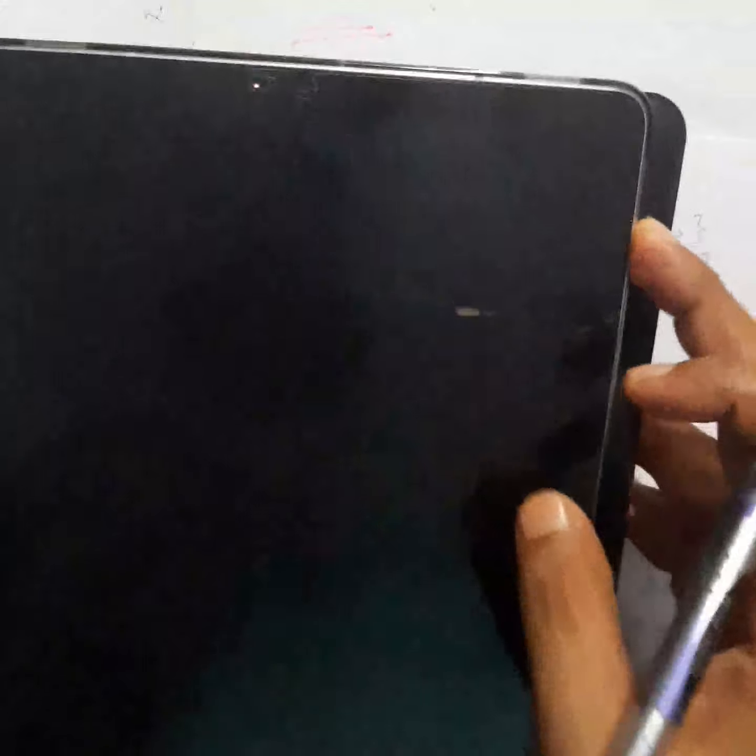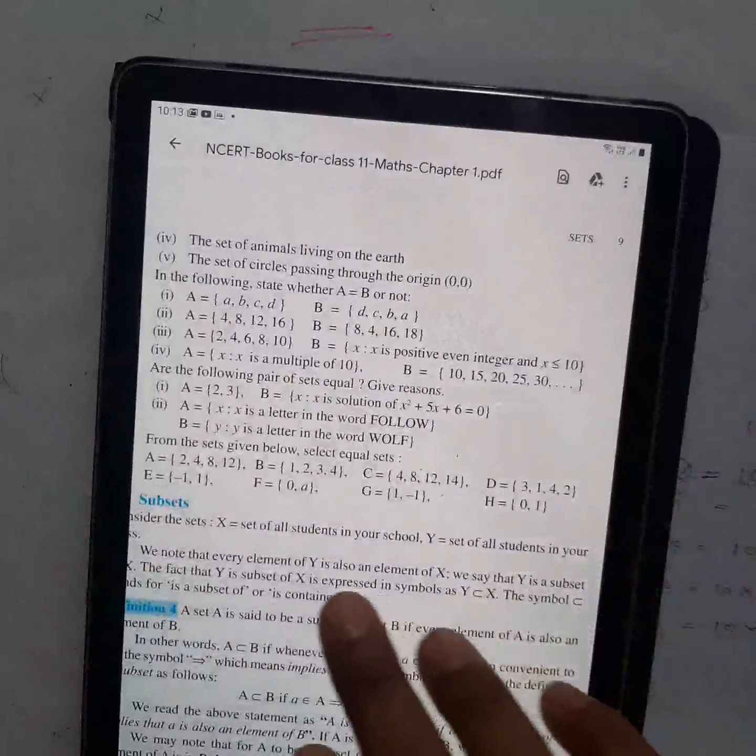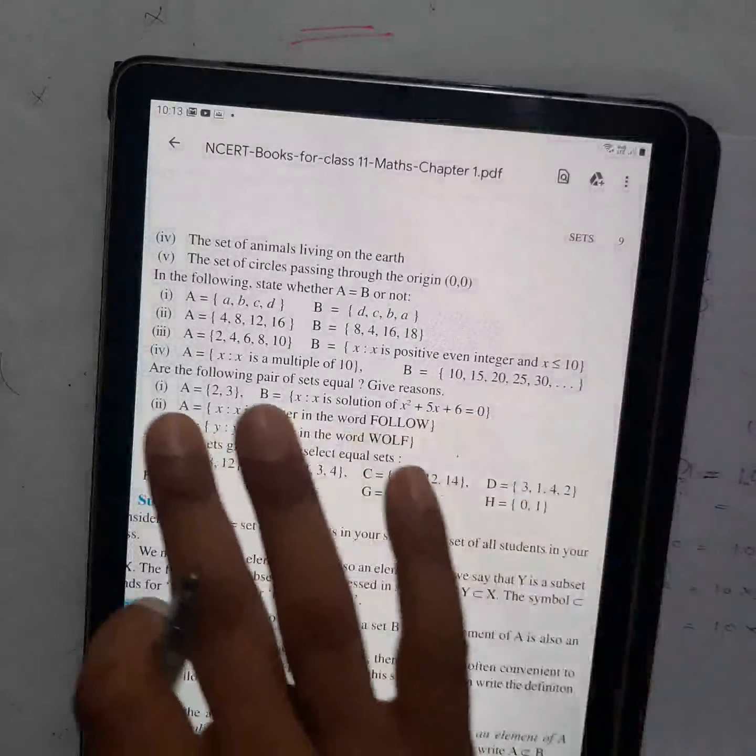Okay, you don't have to give a reason here. Why? Because they have just said to state whether A is equal to B or not. You just have to state that only. Okay, in question number